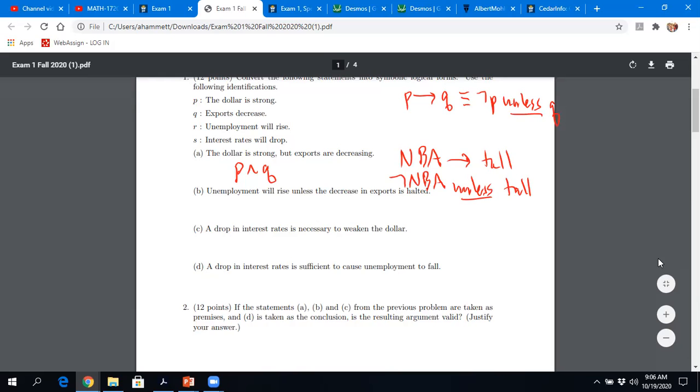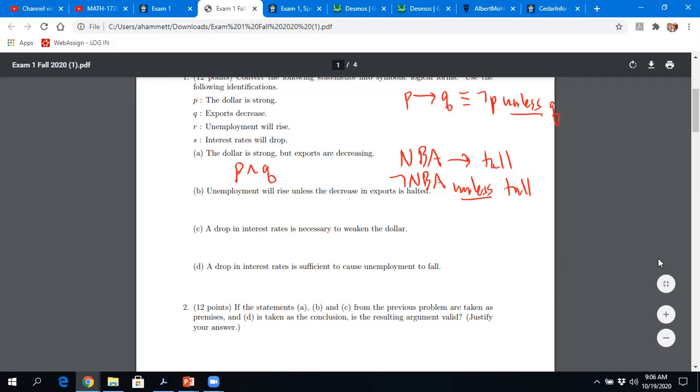Now it's sort of like or. In some ways, unless kind of behaves like an or. Some of you went the exclusive or route, but that wasn't really necessary. I was wildly gentle with how many points I took off for such a thing. So what that means is what? How would I write this then?